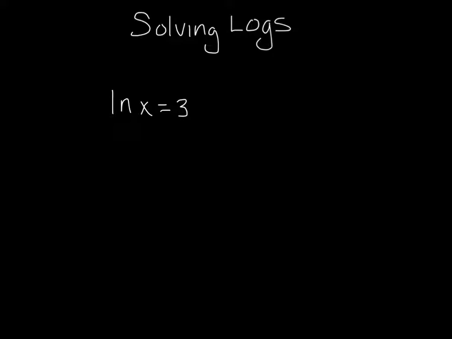So we also need to be able to solve logarithms, and we're going to do something called exponentiate to do that. Now the idea with exponentiate is that you're using the Tetris effect. You're creating the Tetris effect yourself. So here you'll see that I have the natural log of x equals 3. Now you should remember, if you don't already know, that the natural log is base e. Okay, so whatever you have, no matter what's going on, if you see a natural log, you're automatically having base